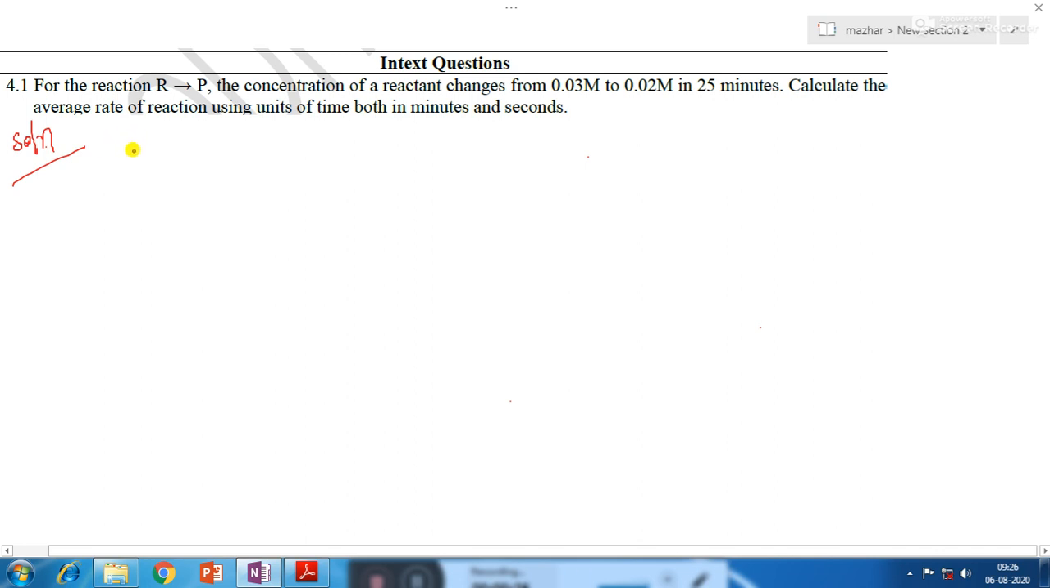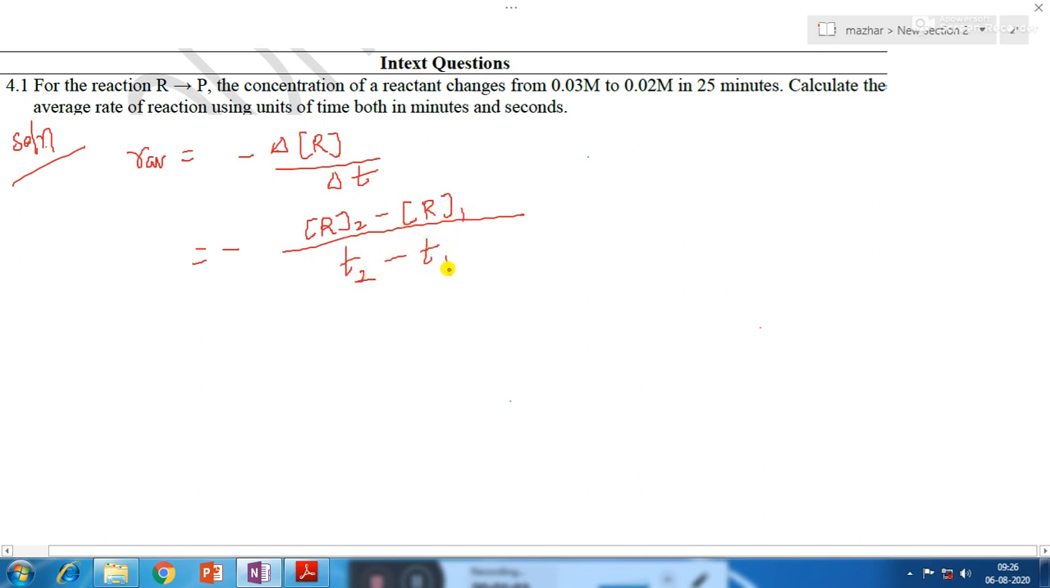So here we will see that average rate of reaction is given as minus delta R upon delta T. So that is equal to minus, now delta R is the change in the concentration of reactant, so that is R2 minus R1, that is final minus initial, upon delta T is T2 minus T1, again final minus initial. Now from the given data of the question,